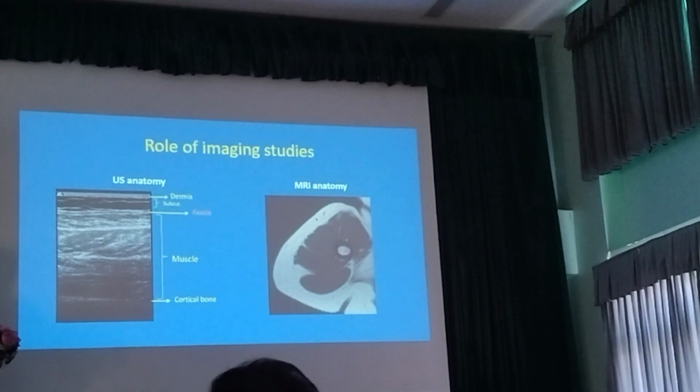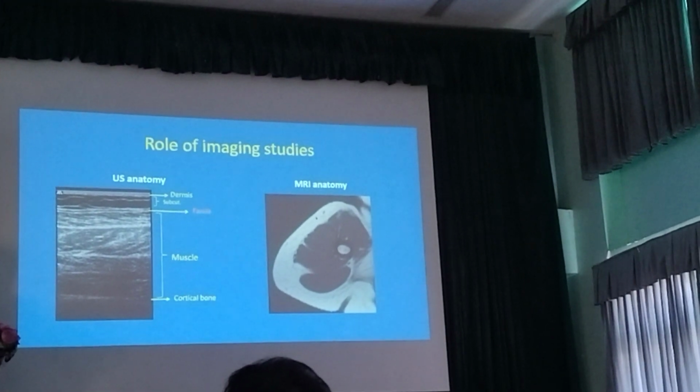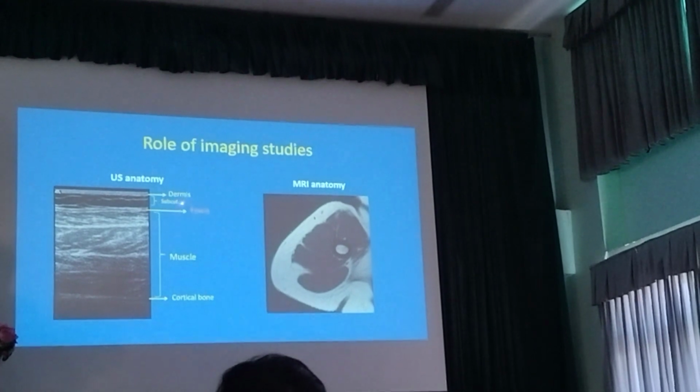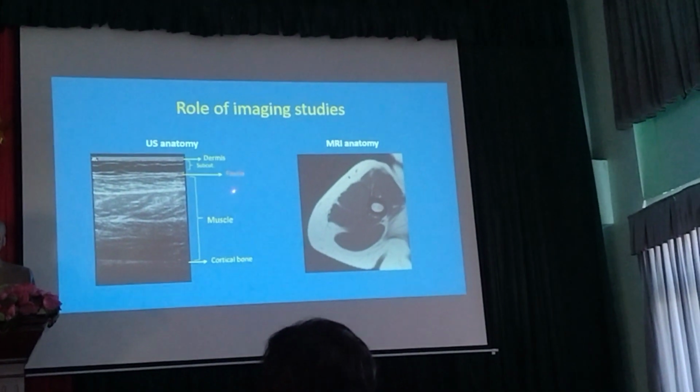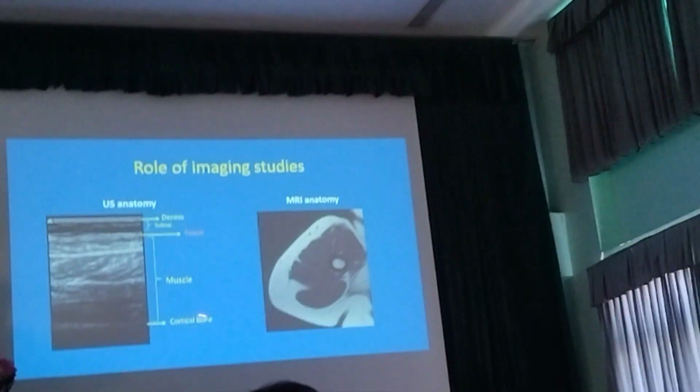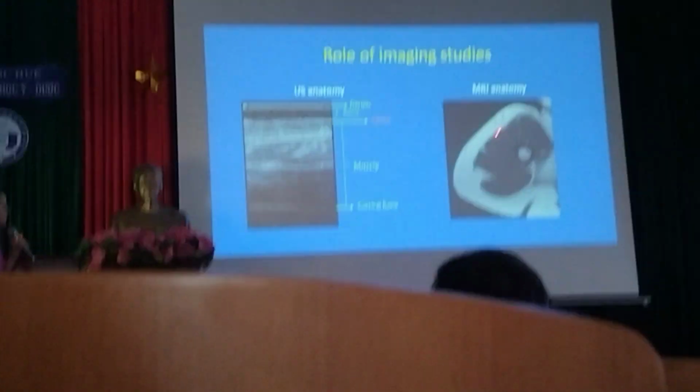And just to review a little bit about ultrasound anatomy, you will have the skin, anything below the fascia, muscle, and cortical bone, which is comparable to MRI of the skin, subcutaneous tissue, fascia will be covered here, and